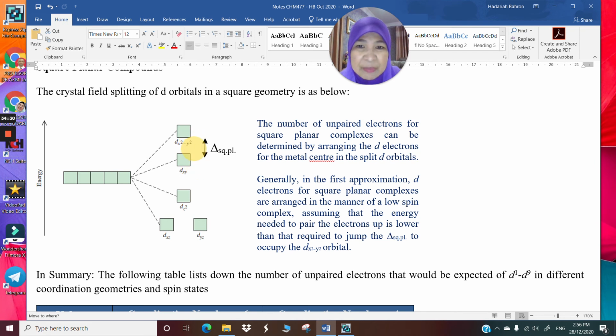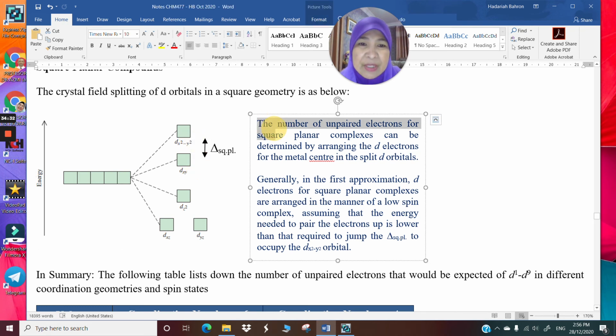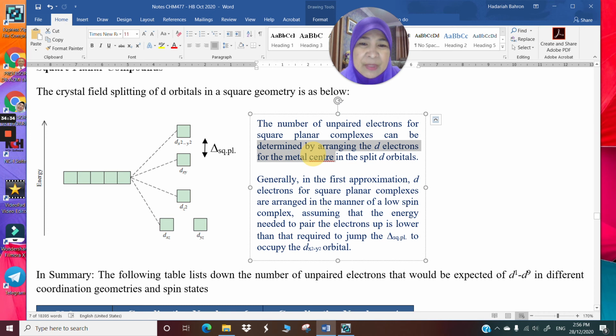So delta is up here. The number of unpaired electrons for square planar complexes can be determined by arranging the d electrons for the metal center in the split d orbitals. Generally, in the first approximation, d electrons for square planar complexes can be